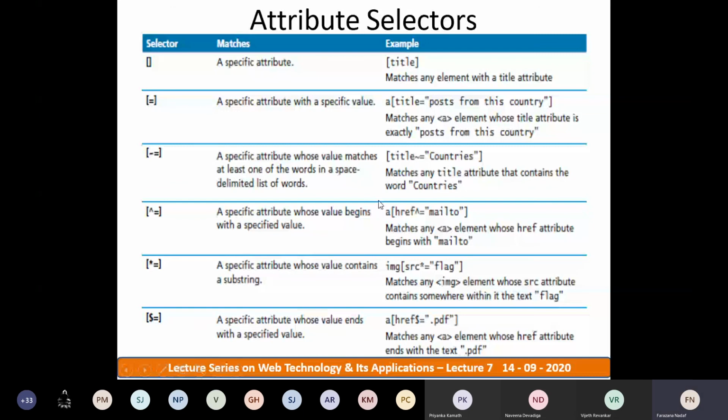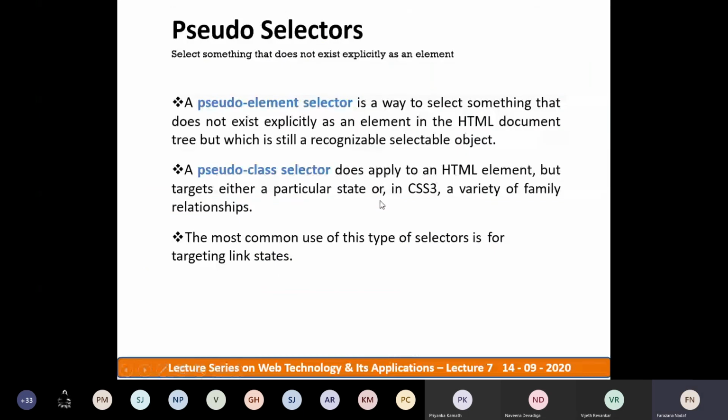right? So the next one is the pseudo selector. A pseudo selector is a selector which is used to select something that does not exist explicitly as an element in the HTML document tree, but it is still a recognizable selectable object. For example, when you are moving a cursor on the button, that will be a pseudo selector.